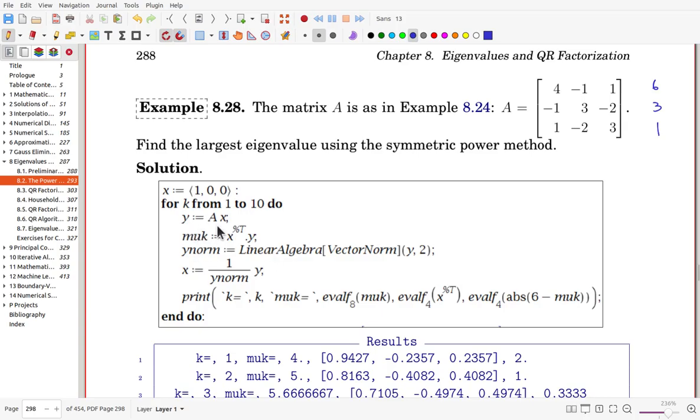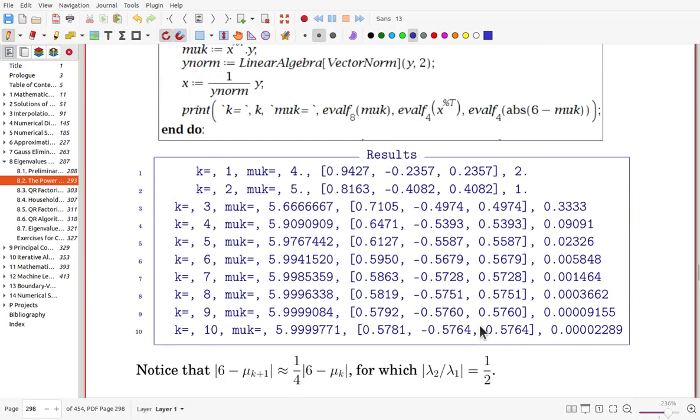And first, multiply A and save into Y, and that is a mu k update evaluation, and we measure L2 norm and scale. And similarly, we try to print out, and now error is measured from the largest eigenvalue. Here, after 10 iterations, now it is way better than the basic